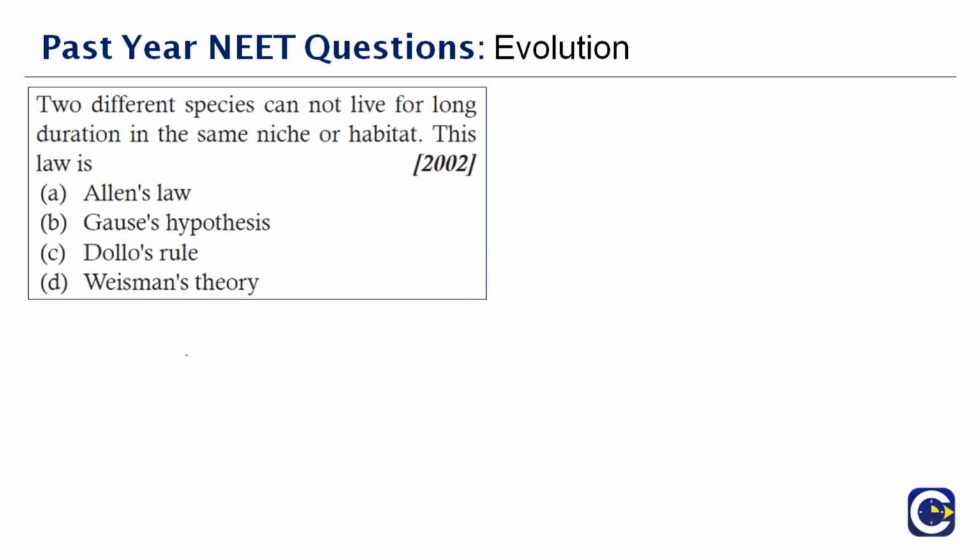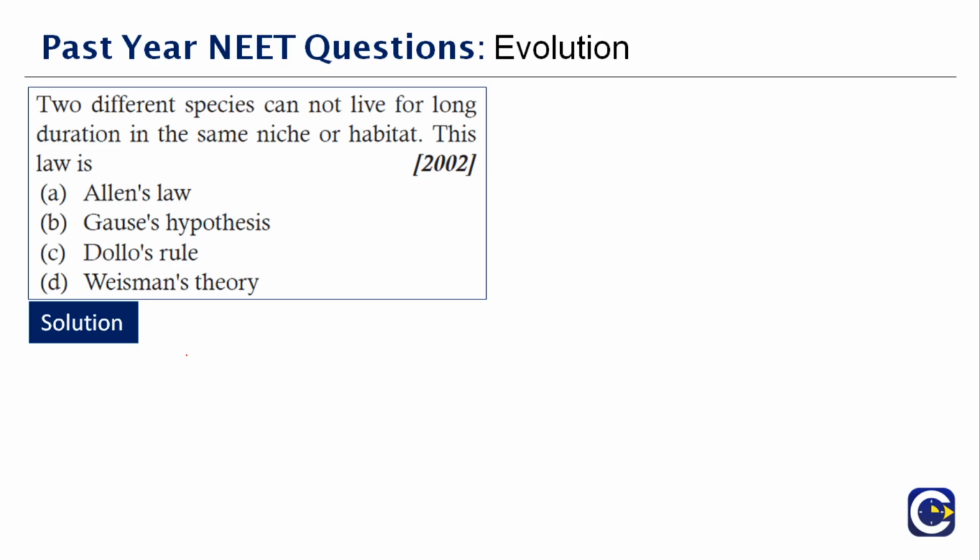Okay, next question. Two different species cannot live for a long duration in the same niche or habitat. This law is dash. Very easy, a direct question also. So what is it? It's not Allen's or Weismann's theory. Weismann's theory we already saw. It is Gause's hypothesis. Gause's hypothesis states that 2 different competing species cannot coexist together for a long time because